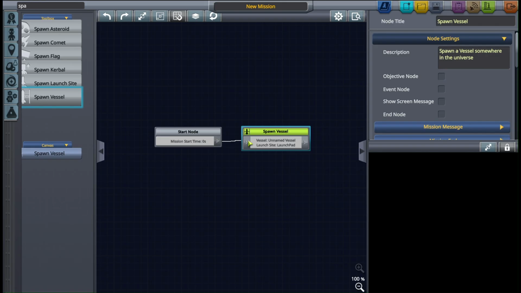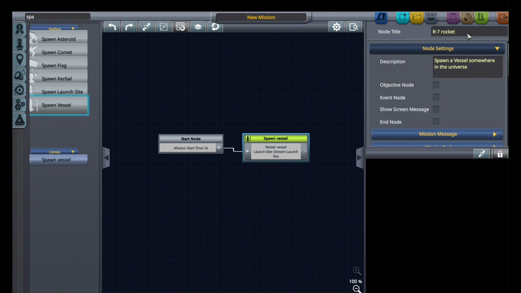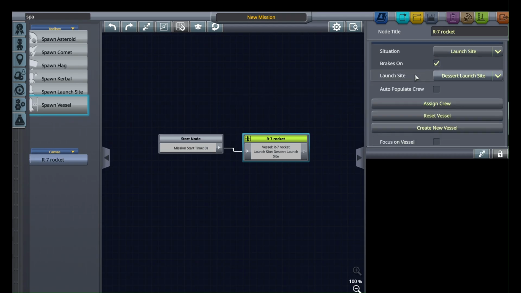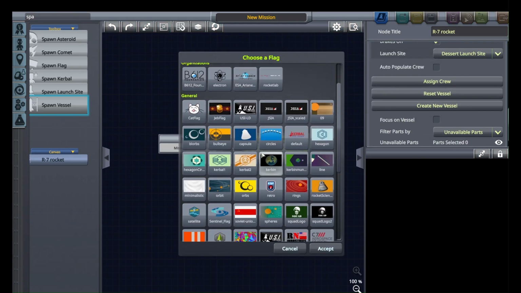We begin our work with adjusting params of each block, starting with the block spawn vessel, as vessel means our spaceship. And we adjust some params, write a description, do some work here. By the way, description and the name is up to you. You can dictate what you should write.